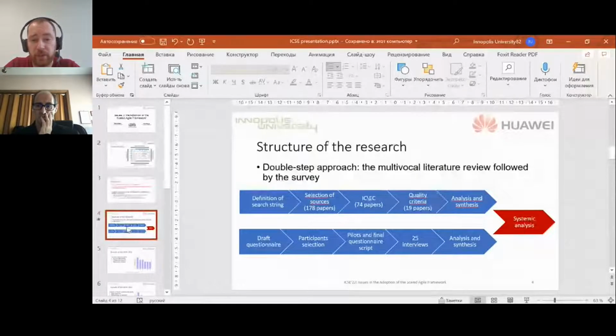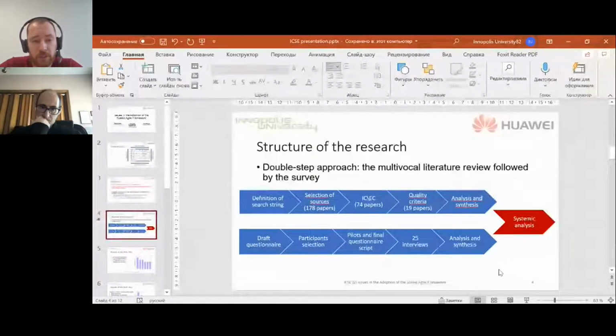First is a multi-vocal literature review, where we analyzed 19 papers out of 178 using both white and gray literature. And on the basis of the results, we also performed a survey with 25 participants. After that, we compare the results and perform the systematic analysis based on these 2 directions.